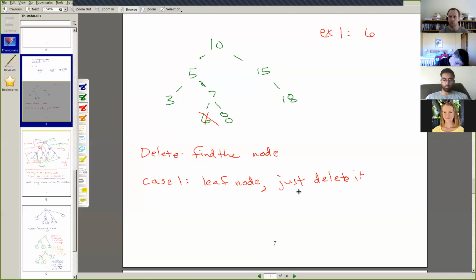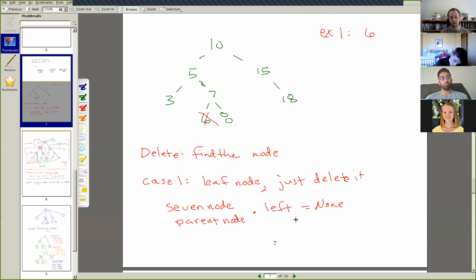In practice, how do you actually encode just delete it? You would say that your 7 node, or more generally, the parent node, dot left equals none.